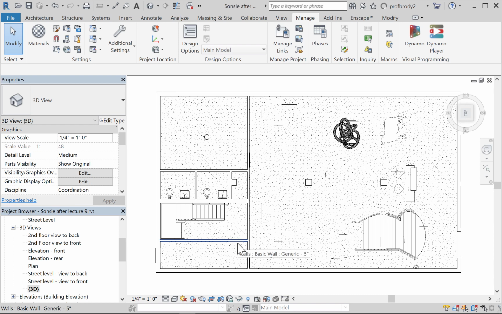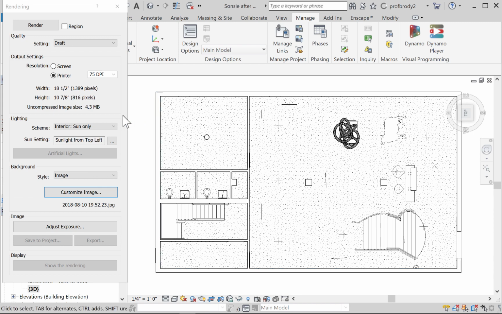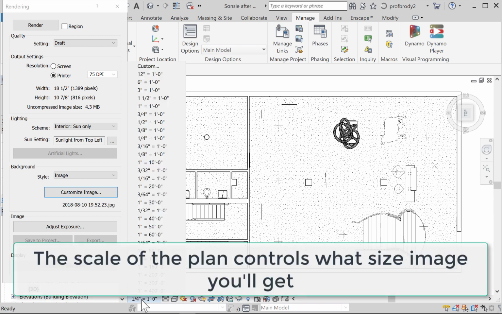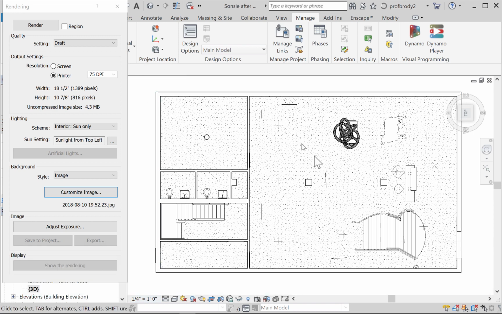All right. Now, and finally, what I would strongly recommend when you go to render, we'll call it my render dialog box, rendering only works with 3D views, so that's why we can't just render our floor plan. And make sure you do a test run, see how it looks. The crop region in this instance doesn't really exactly define the size of it. What defines the size mostly is the scale. See how this is 1/4 inch scale? If I make it 1/8 inch scale, the plan effectively gets smaller. You'll just want to make sure that you check the crop region, that you're not rendering a vast amount of